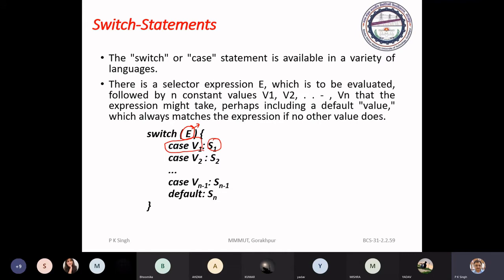In some cases this statement list is used exclusively for this case, but in some languages the statement list is followed by a break statement.